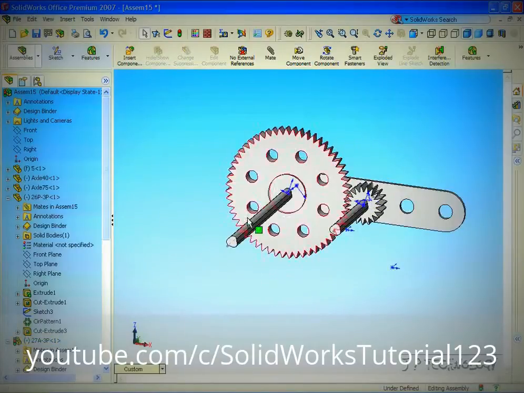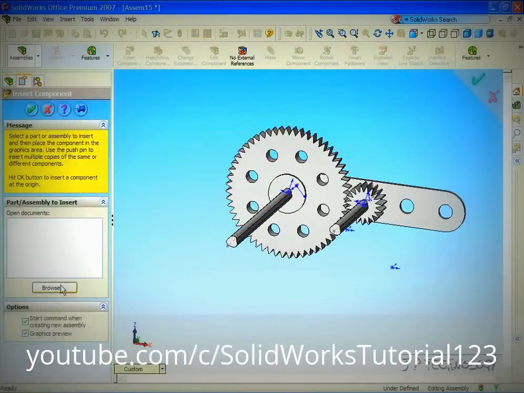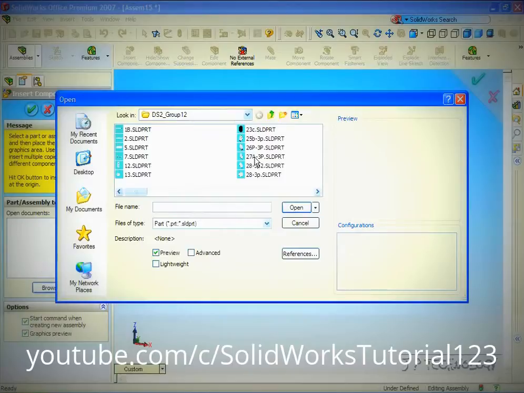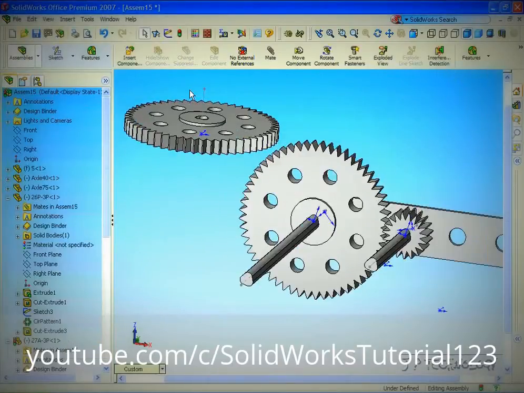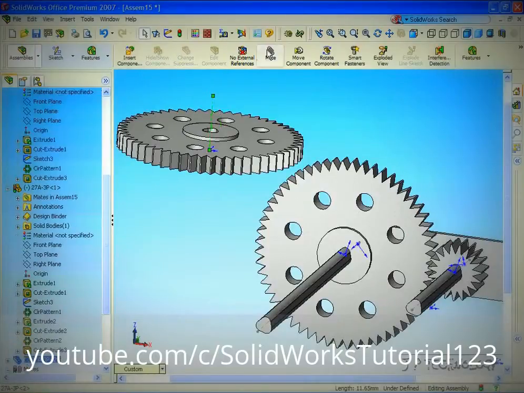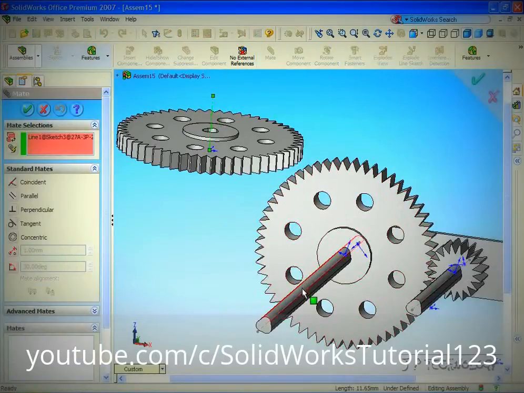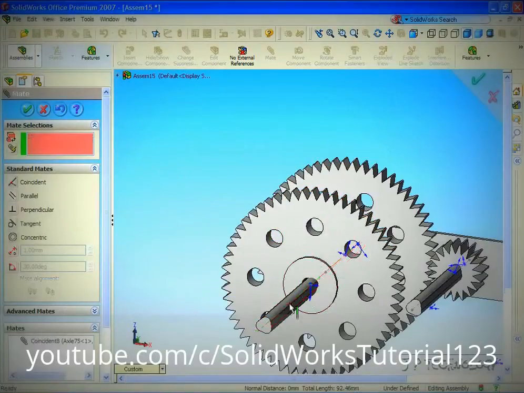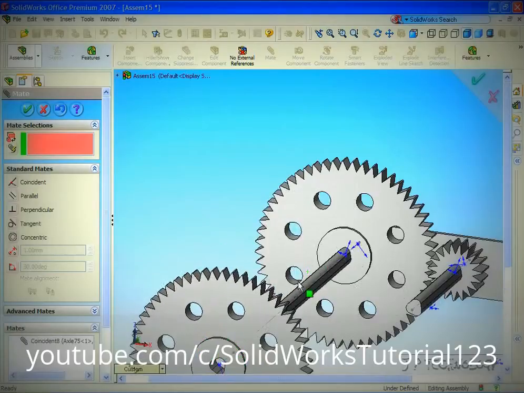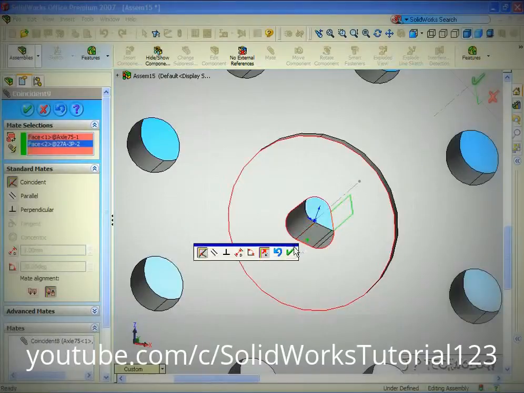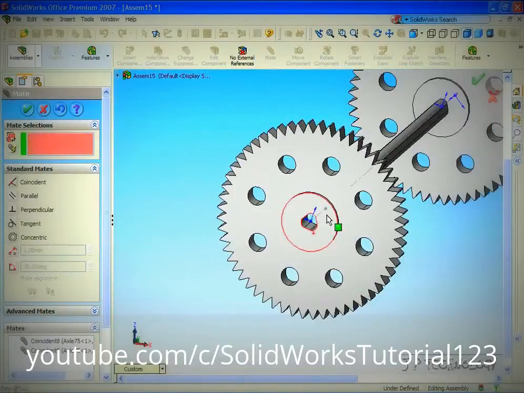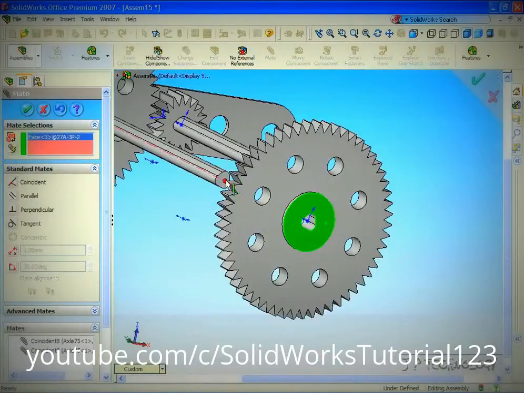Now let's add another gear to the output shaft. Let's click Insert Component, click Browse, and let's put 27A3P in again. Click Open, insert it into the assembly, click the temporary axis, click Mate, click the temporary axis on the large gear shaft, click OK, pull it out, and let's click one flat face and another flat face, click OK, and let's click this face and this face,